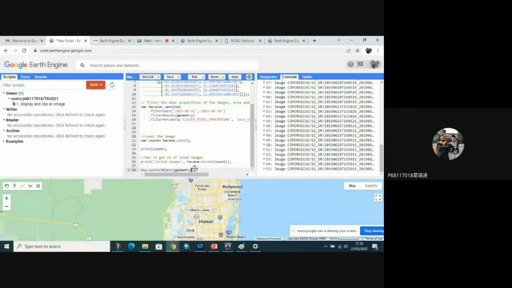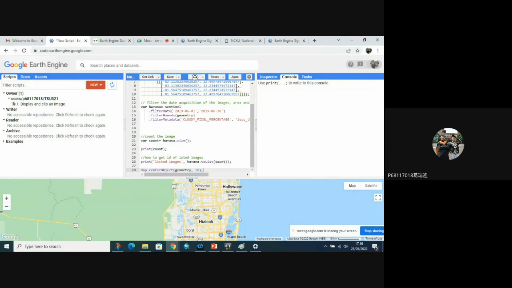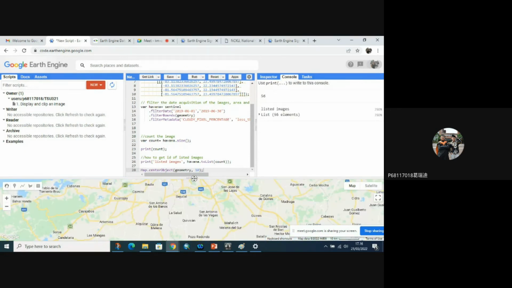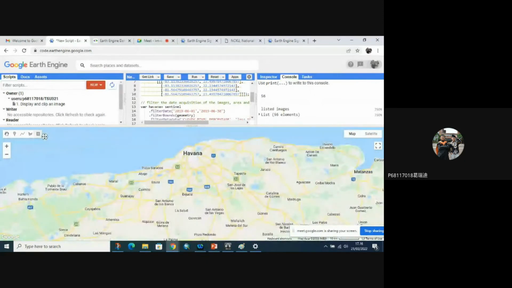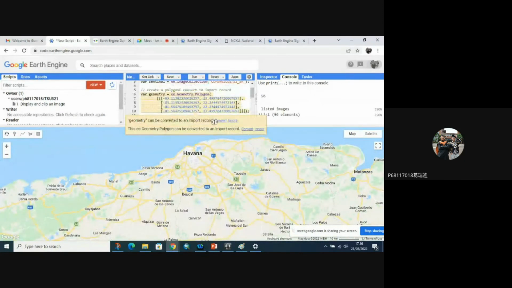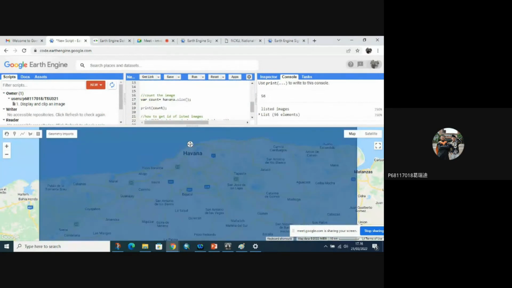And adjust the zoom to 10 maybe. And let's fly to Havana. Yeah, we have already arrived. This is Havana. And where is the polygon? You cannot see it, you just convert it. Oh yeah, I forgot to copy this code.